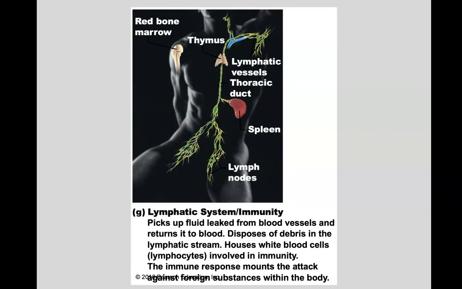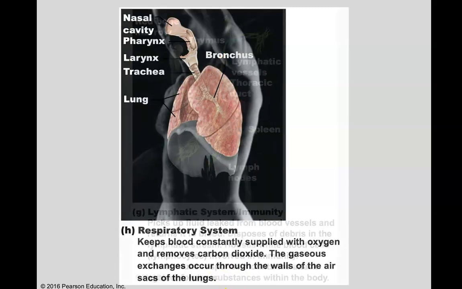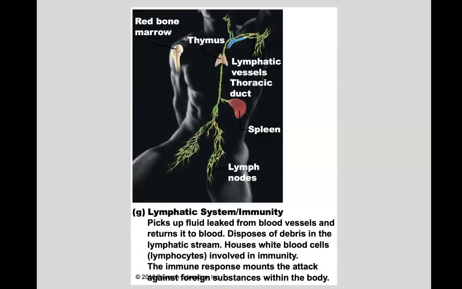Lymphatic system. So your lymphatic system is going to pick up all these fluids that leaked out from your blood vessels. When your blood vessels are bringing nutrients and oxygen throughout the body, they're not just throwing out these nutrients, but those nutrients are going to leak out with fluids into the interstitial spaces around those cells. And so that extra fluid that leaks out and is not used will be returned to the bloodstream